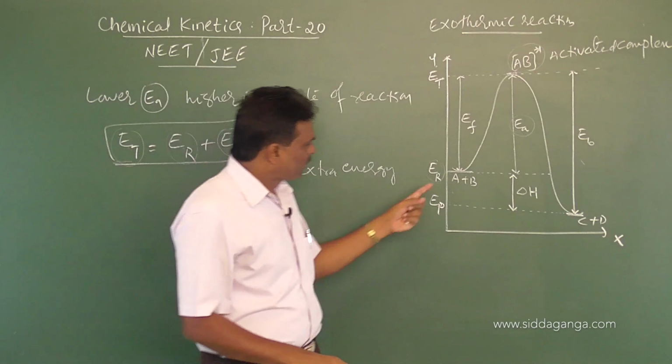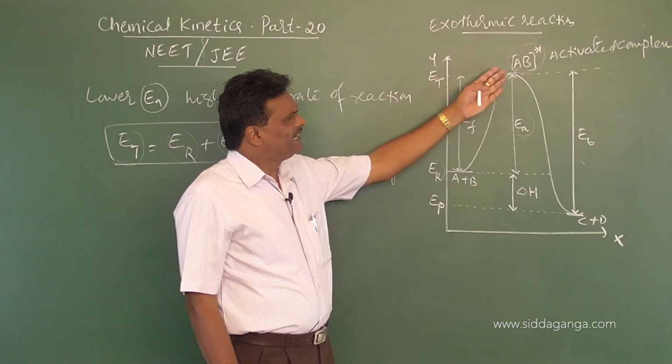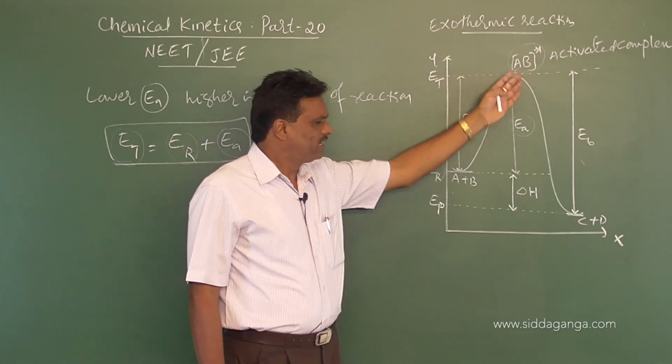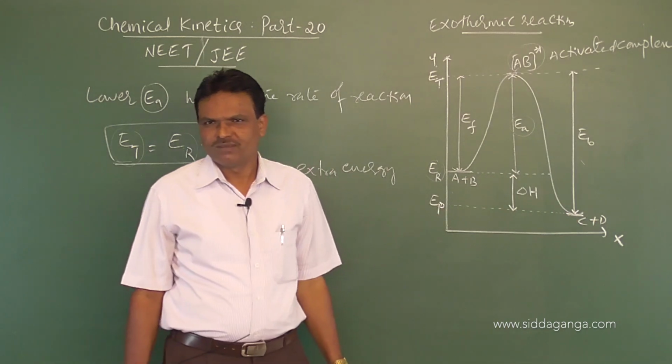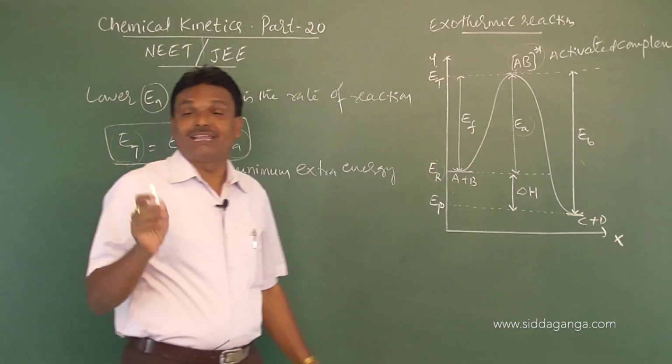It is obtained by an effective collision between the reactant molecules. Then immediately it undergoes decomposition by itself because it is highly unstable. It gives the product. That means the activated complex is the short-lived